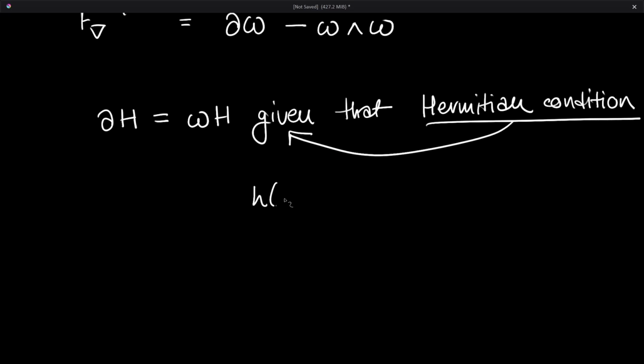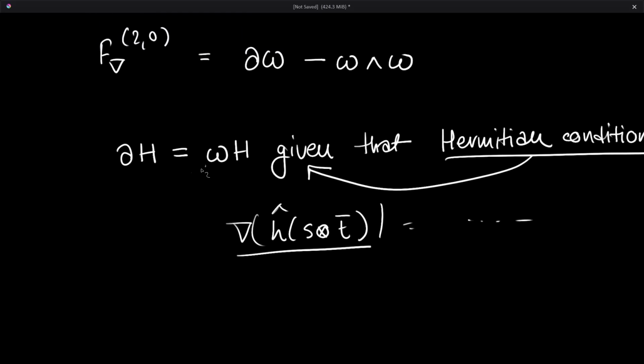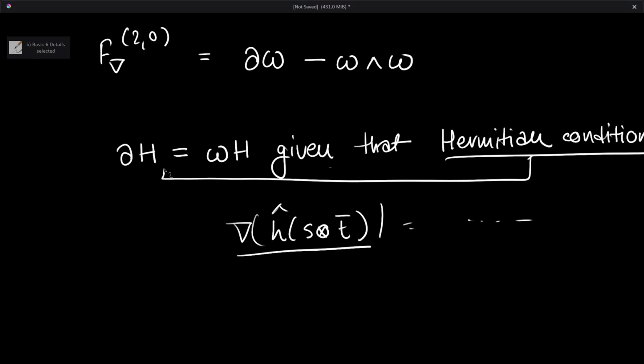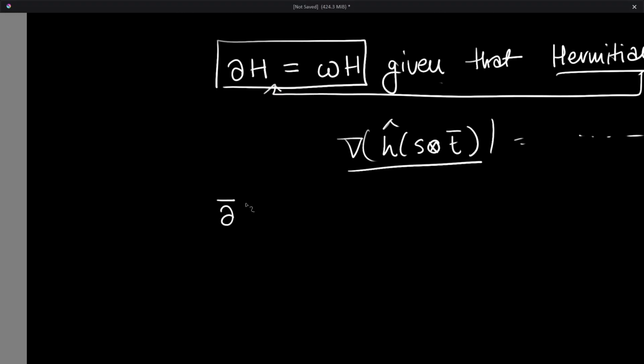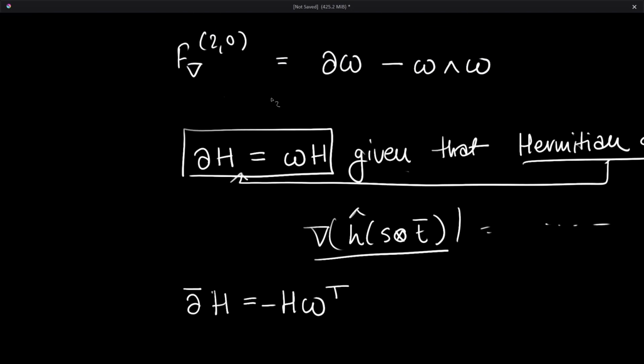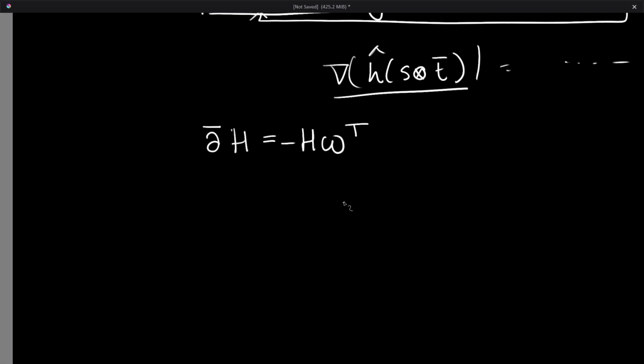That was that h of s t bar nabla equals dot dot dot, that one. So you can use this to prove that, I put an arrow towards given. You can use that to prove this result. You can also prove that partial bar of h is equal to h omega minus h omega transpose. This one won't be as useful for us, but this is the one we're going to use. Since this is true,